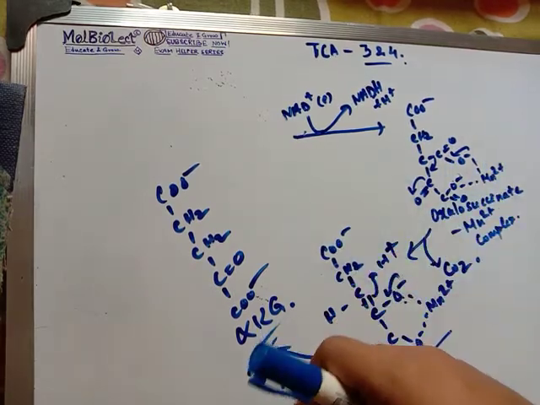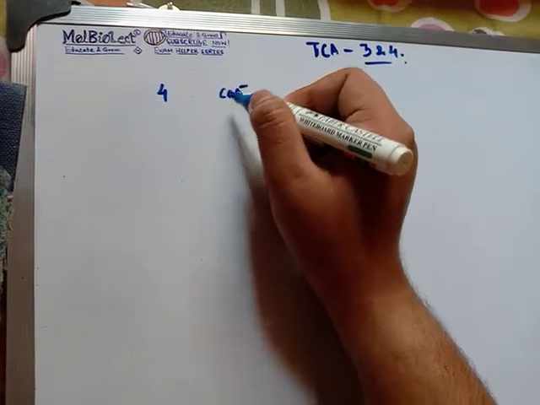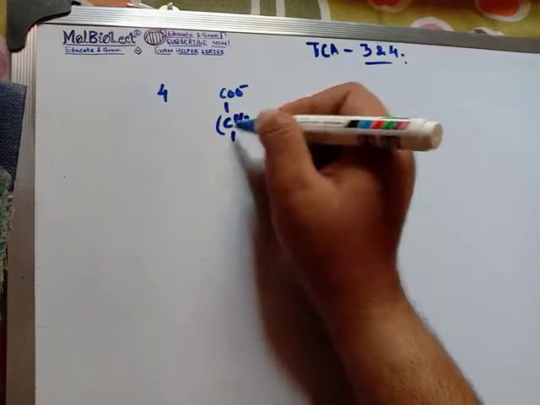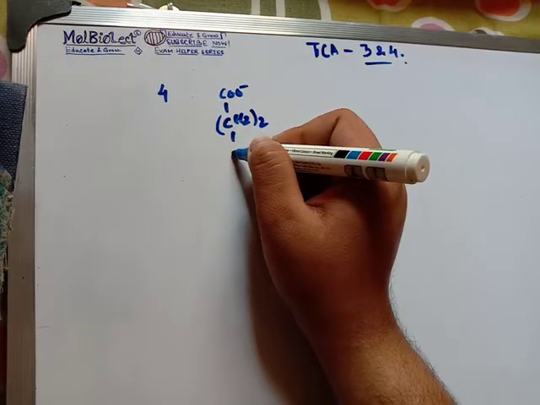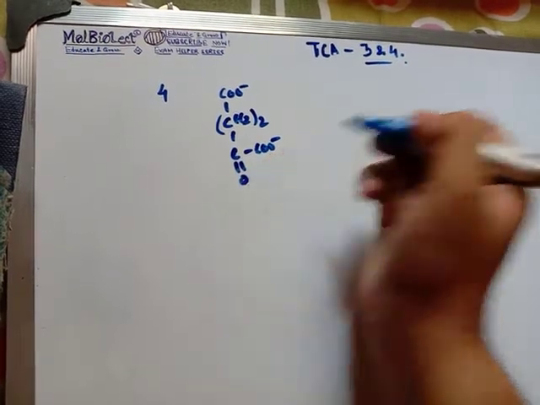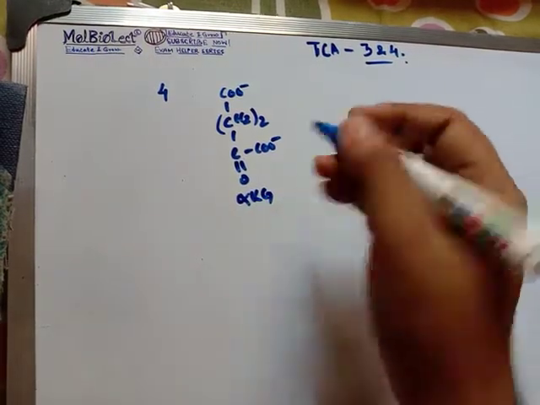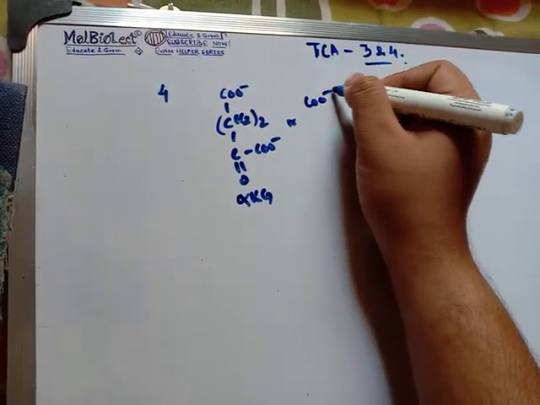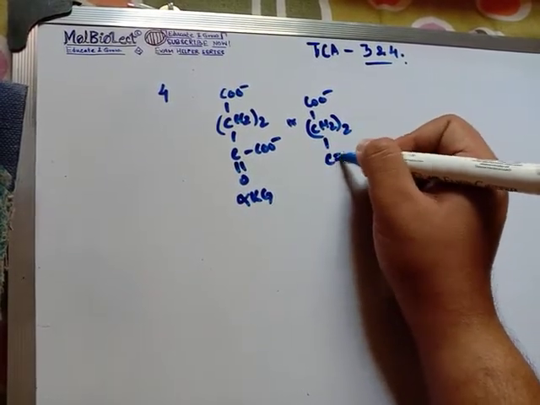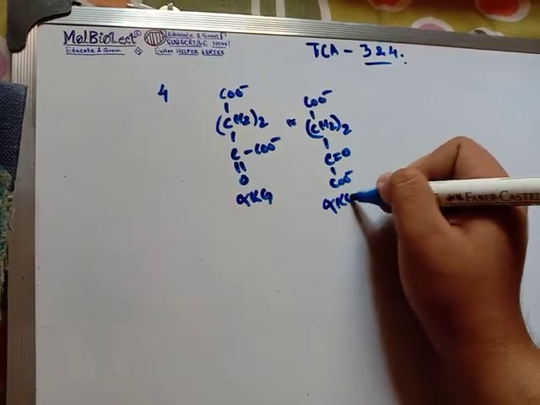Now we'll talk about step 4. So in reaction number 4, this alpha ketoglutarate I was talking about, CO minus, CH2, actually you can write it like this also, CH2 whole 2, and then again there will be a C, CO minus, double bond O. So I just wrote it like this, you can write it according to your own choice, like I can also write this like this, CO minus, CH2 whole 2, C double bond O, CO minus, makes no difference, okay, just my choice of writing.